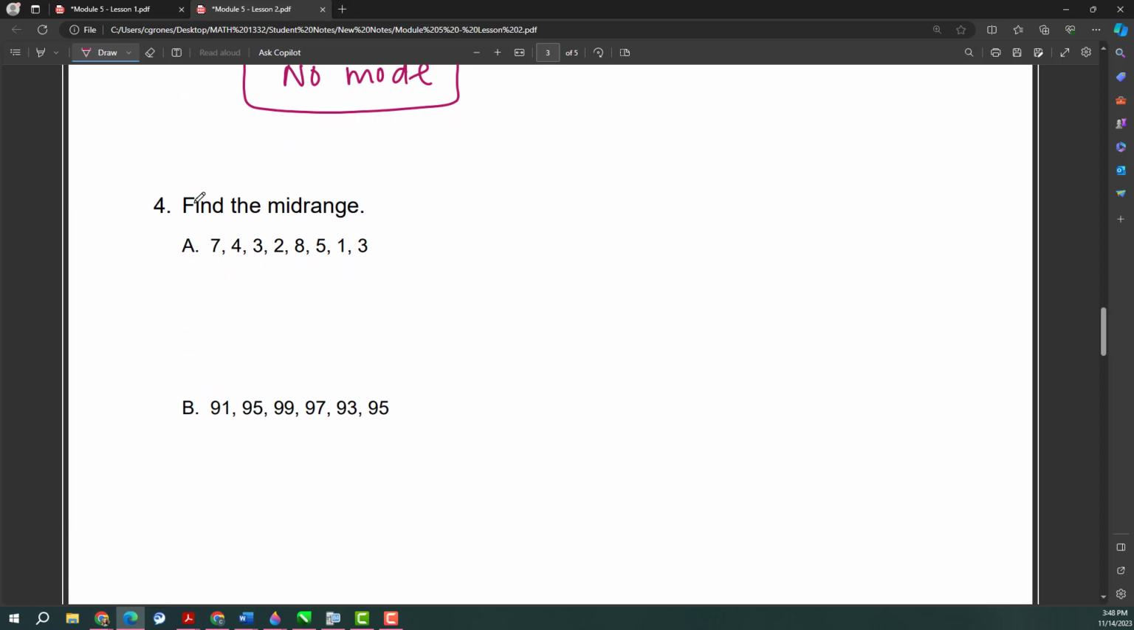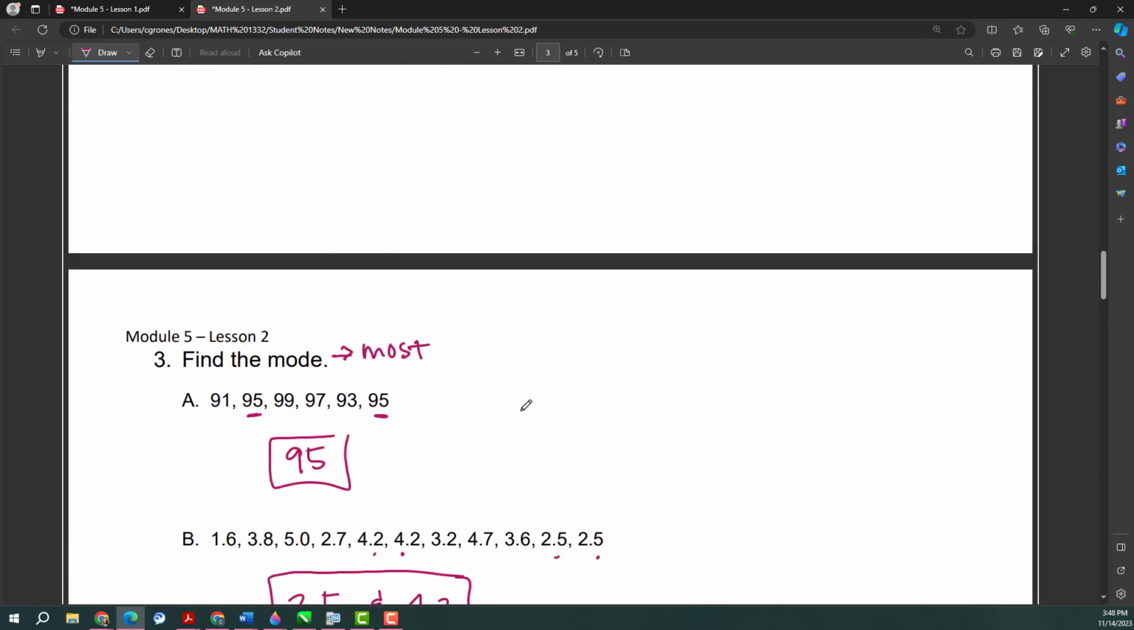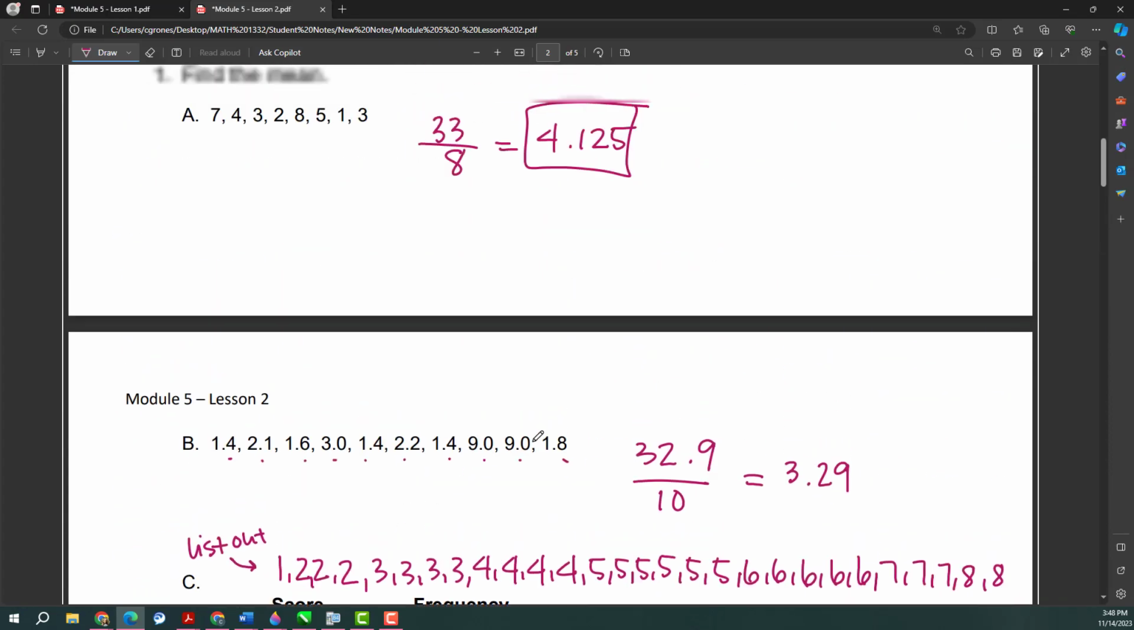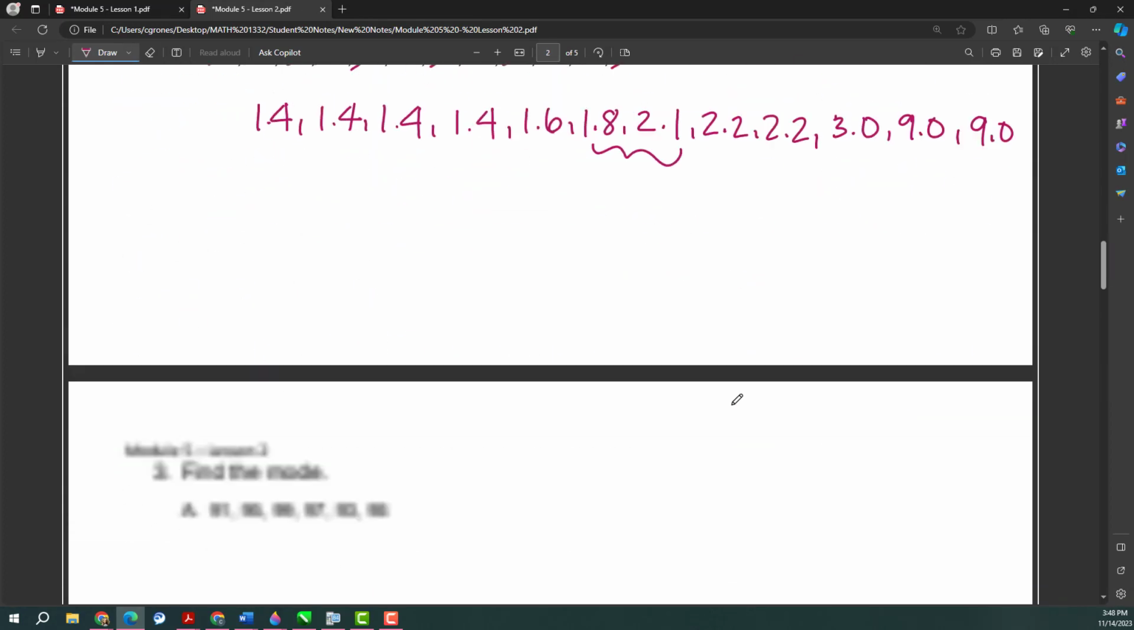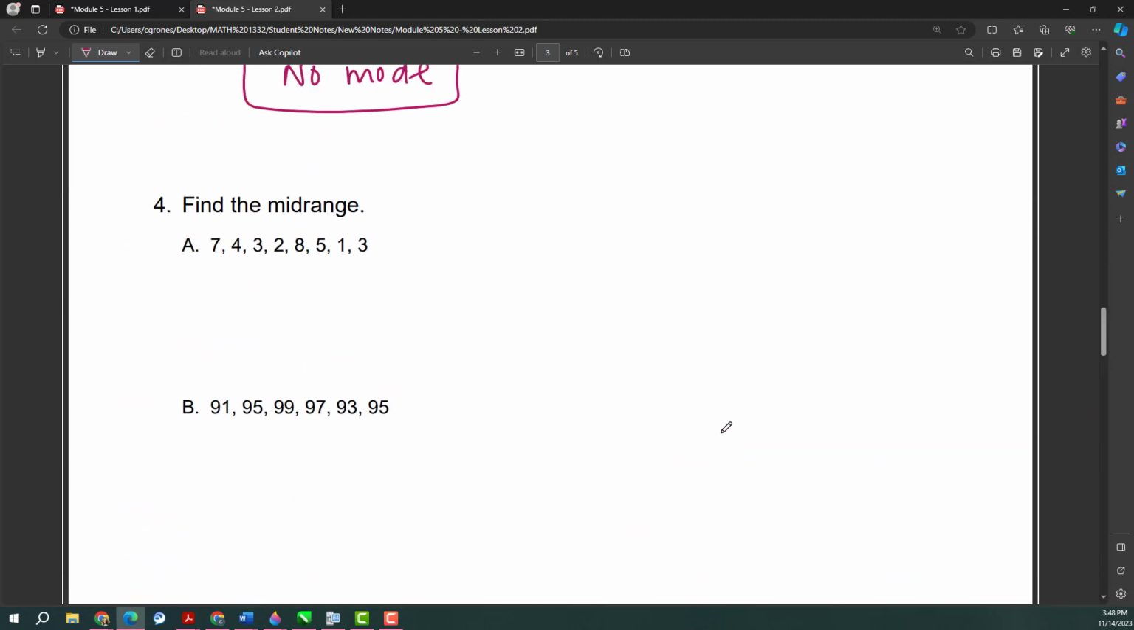Alright, the last one is find the midrange. So the midrange is found by taking the lowest data value, adding it to the highest data value, and then dividing by 2. So let me scroll back down. We take the lowest, add it to the highest, and divide by 2. So 1 plus 8 divided by 2 should be 4.5